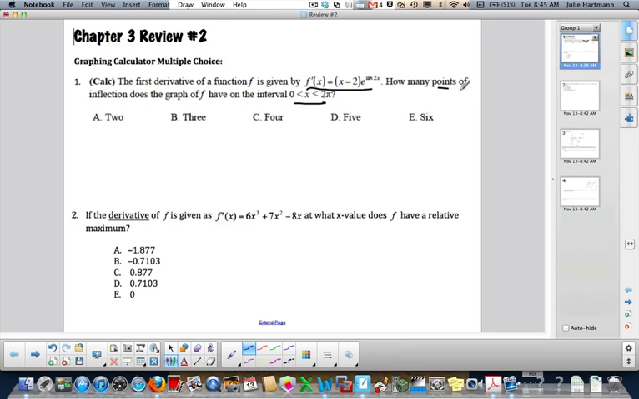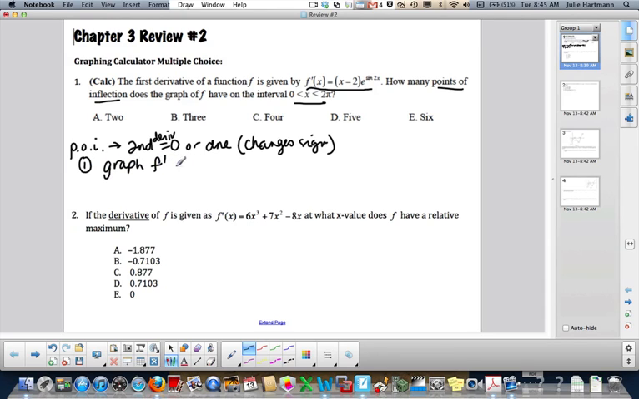So basically, reading the problem, points of inflection. You know, for points of inflection, second derivative equals 0 or does not exist, and changes sign. Okay, it has to change sign there. So, step 1, you're going to graph your f prime, which is given to you. Okay, and then in step 2,